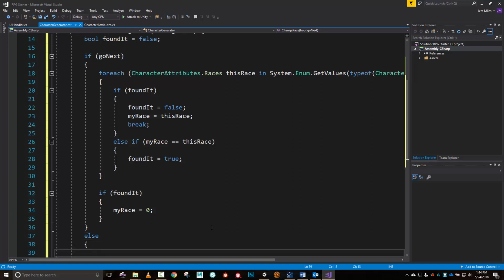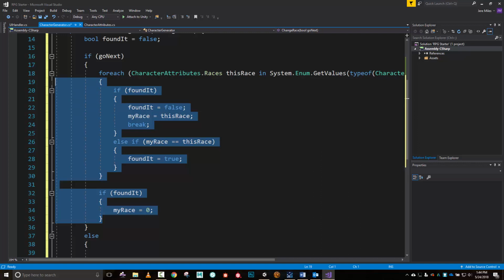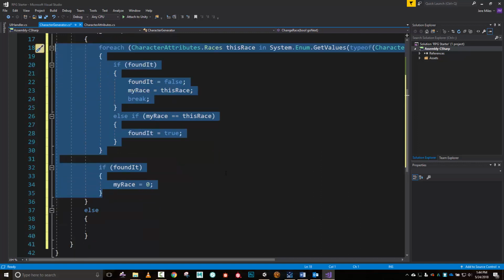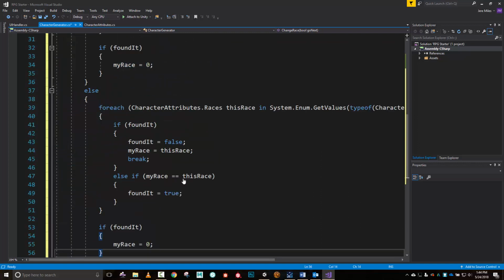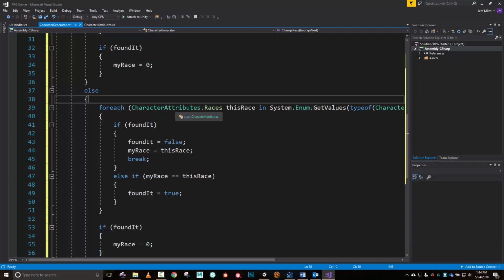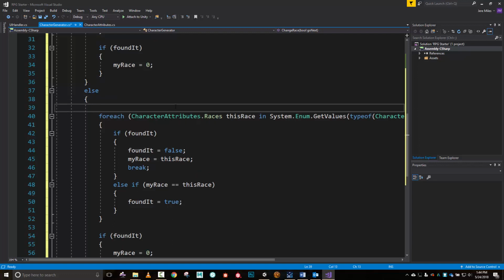Now we need an else, and this is doing our previous button. Well, we're going to do a lot of the exact same thing. So I'm just going to take all that code and paste it down here, except a couple of minor differences. This time, as we iterate through this, we're going to do this just a little bit differently. So let's do an int last value is going to be equal to